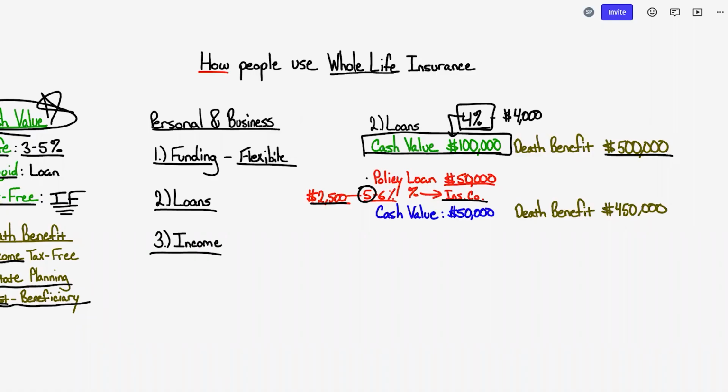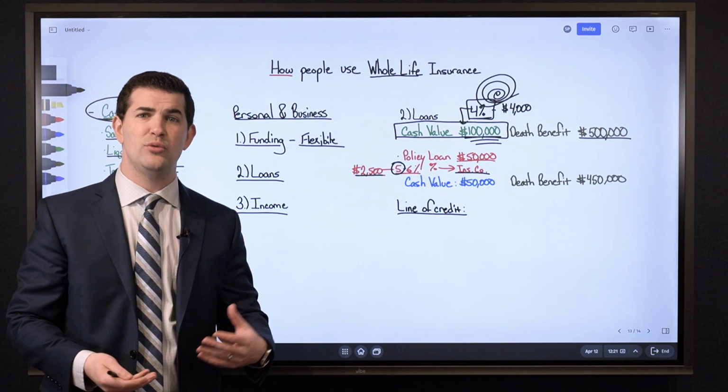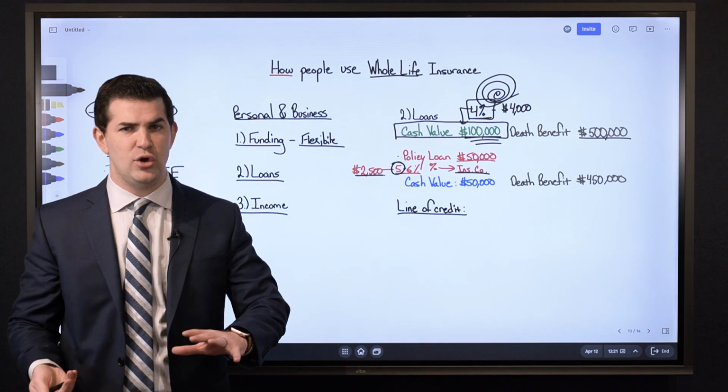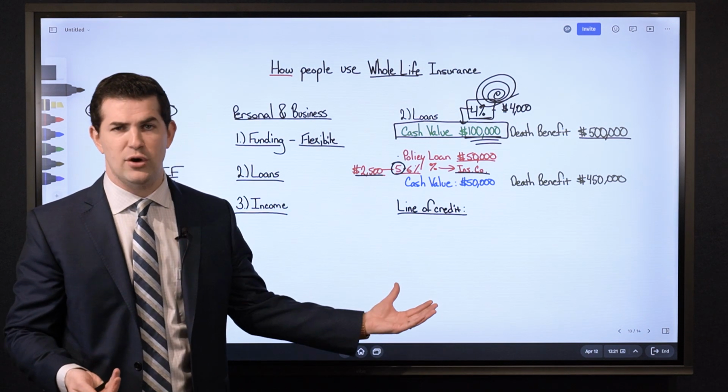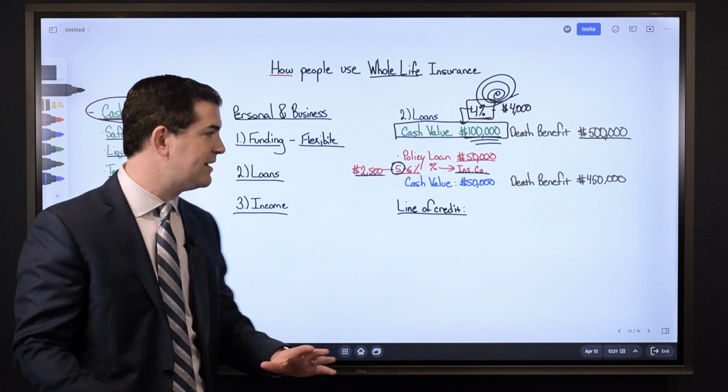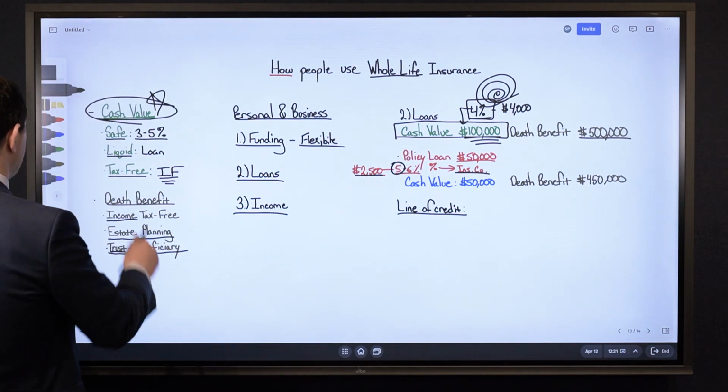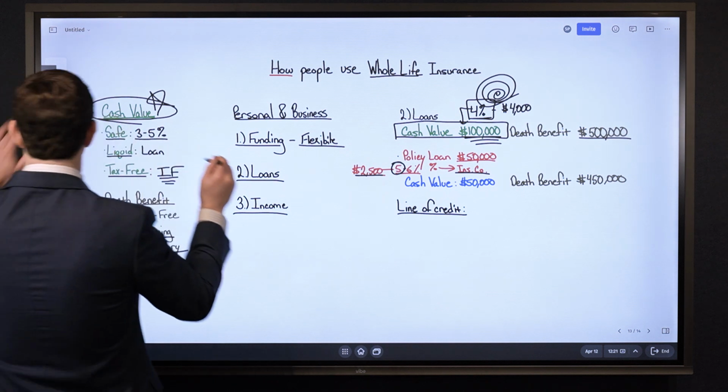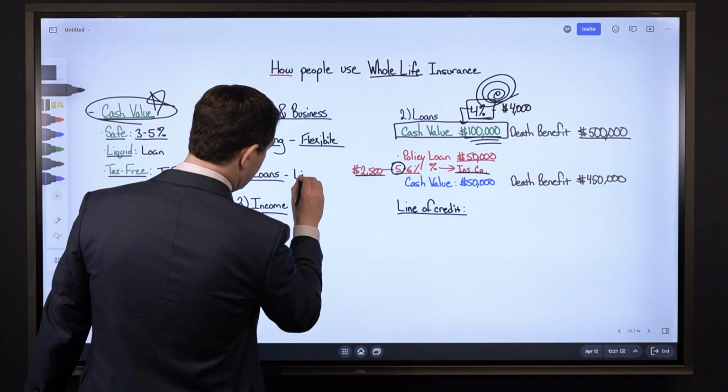But when it comes to loans, here's how people use it. Really, what does this remind you of in a lot of ways when you see how it functions? For many, it's a line of credit. I know I can position money in my cash value, watch it continue to appreciate over time, and I can borrow against it and pay it back at my leisure. And once I've got that cash value high enough, I can use it really as my own source of financing. I don't have to go elsewhere to institutions and such. I've got my own financing over here. This is often where people are attracted to this in many ways. So with respect to loans, how people use it is really, from what we see, as a line of credit in many ways.